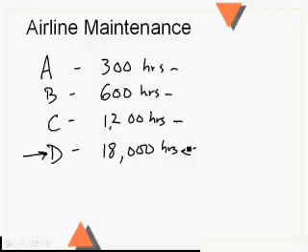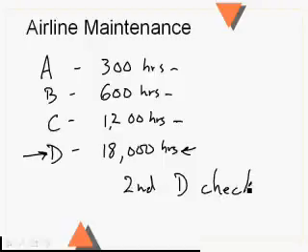So you do a D check. The airplane's out of service for a while, so you got to schedule it. It gets done with the D check, and then you start over essentially at 0 hours and work up to your first A check at 300. Now, when it comes up on that second D check, it's that second D check.